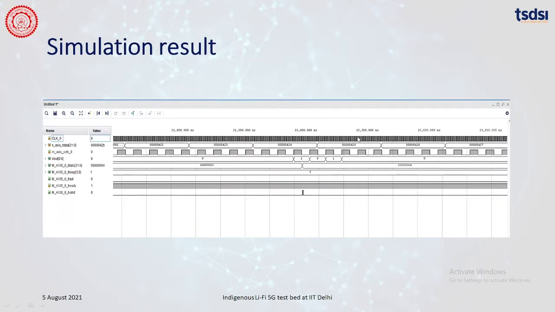This is the simulation result. The first signal is the 100 MHz clock, and on this clock this signal is working, and this is the counter data. It is given as the input to the AXI4 stream data FIFO. Then it is given to the stream data width converter and its output is given to the FIFO generator, and the FIFO generator output is the 1-bit serial data at 7.68 MHz. This fourth signal is the serial data. The third signal is the 7.68 MHz clock signal, and at that frequency we are getting the serial data output.